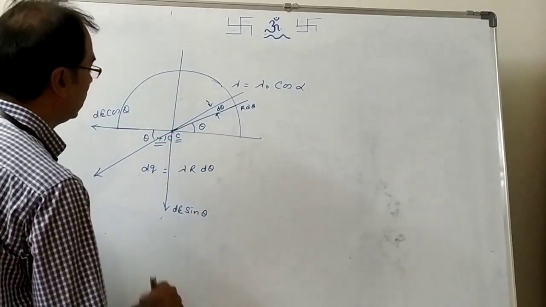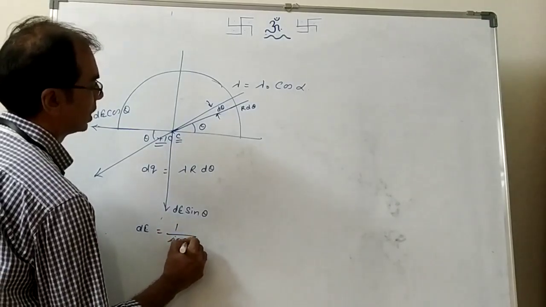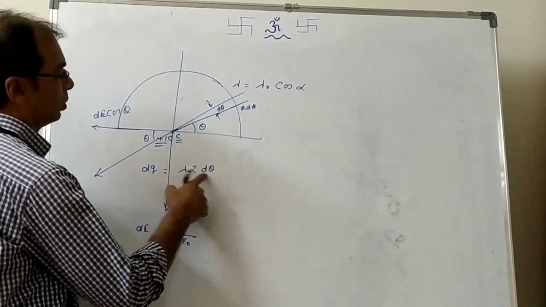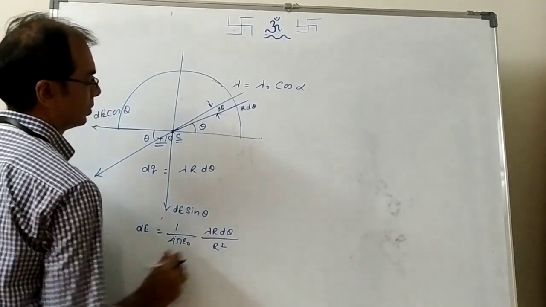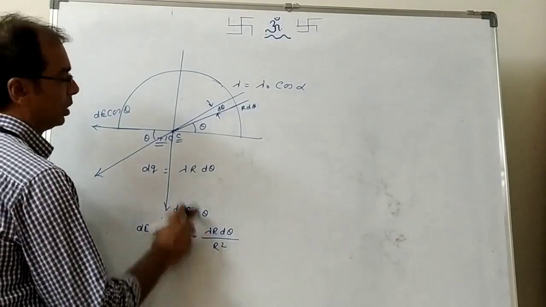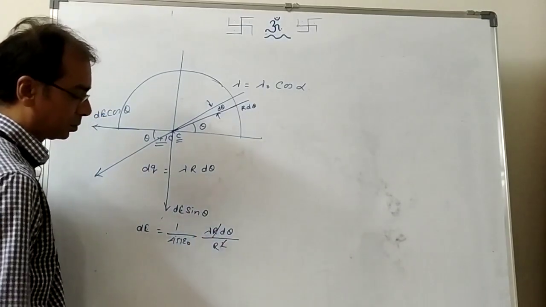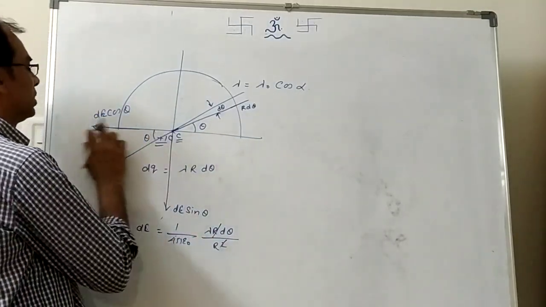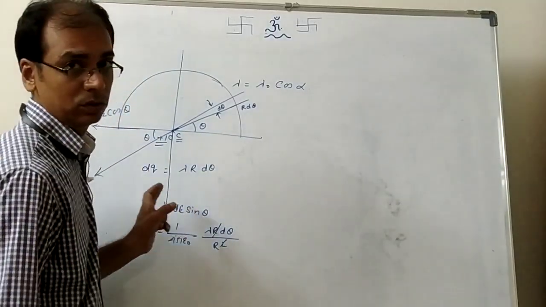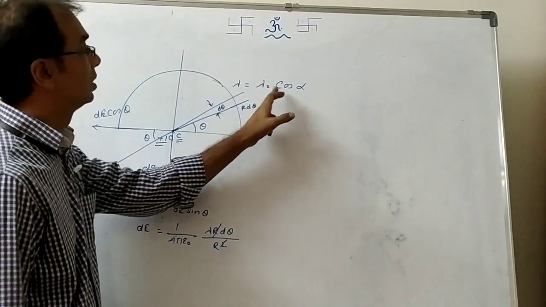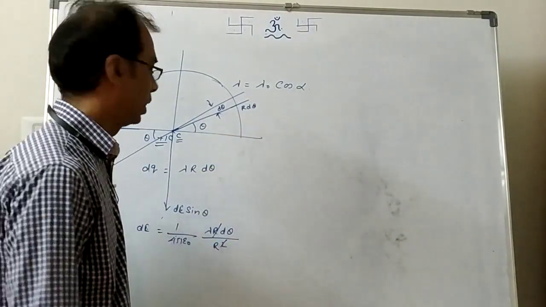Right? What is dE? dE is 1 by 4 pi epsilon naught dq, what is dq? Lambda r d theta by r square. 1 by 4 pi epsilon naught dq into 1 by r square. Right? This r gets cancelled. That's dE value. Now along x-axis this value we are getting, along y-axis this value we are getting. Nothing I am saying you to cancel right now. The reason is this factor is here. We'll calculate and find out whether it's getting cancelled or not getting cancelled.